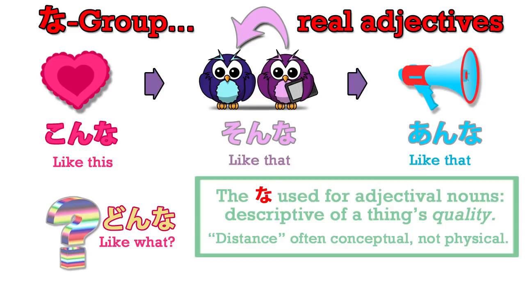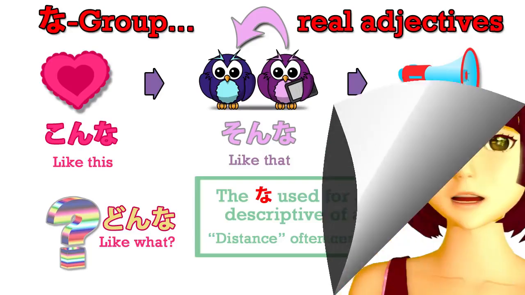Sonna means that kind of. Anna means that kind of over there, and then further away kind of. I'm not going to go into the details of it, but whether we use sonna or anna is going to depend sometimes on the literal position of something, but very often on how far these things are from what we're talking about, from the present circumstance, from something we associate with ourselves.